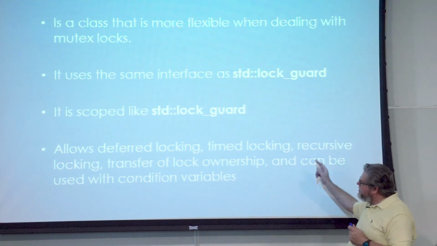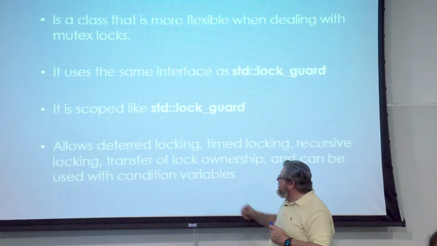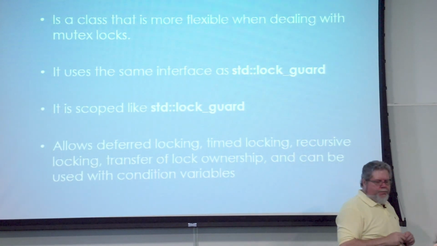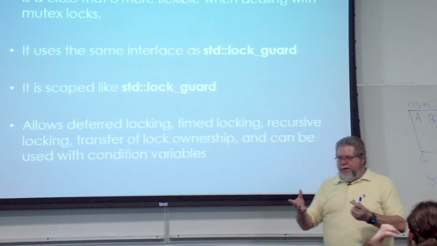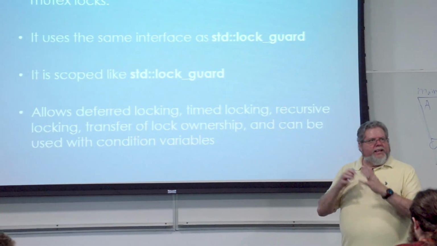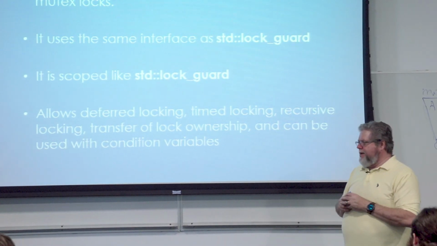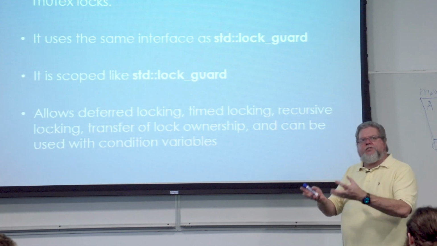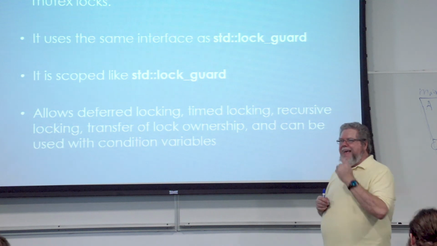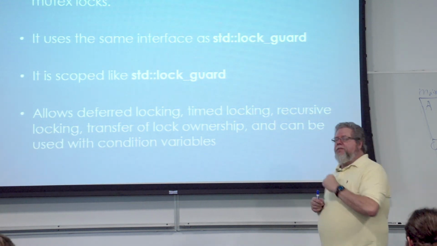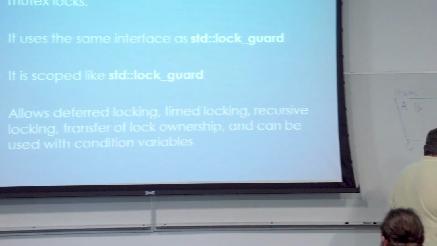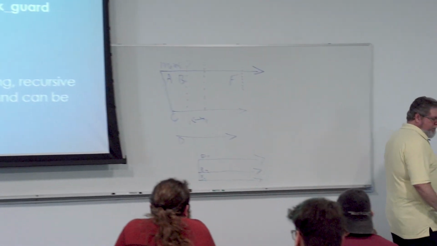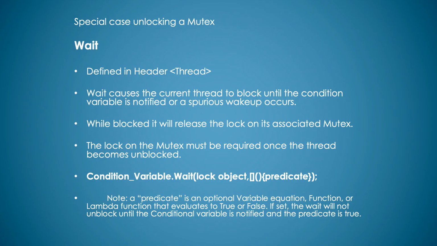All right. Recursives, the one we're most interested in is transfer of lock ownership. We say when we lock something, the thread takes ownership of it. It's the only one that can mess with it. What if we wanted to be able to transfer temporarily that ownership to someone else? That's what this allows us to do, and it's actually what we're going to use it for mainly in this class. In order to do that, it works in conjunction with another command, wait. Now wait,